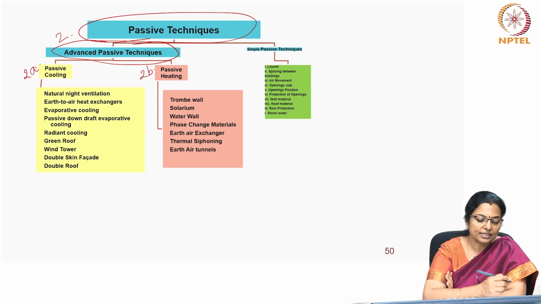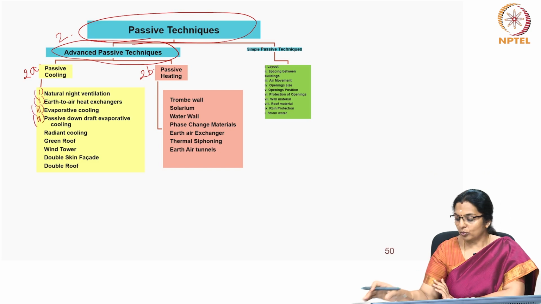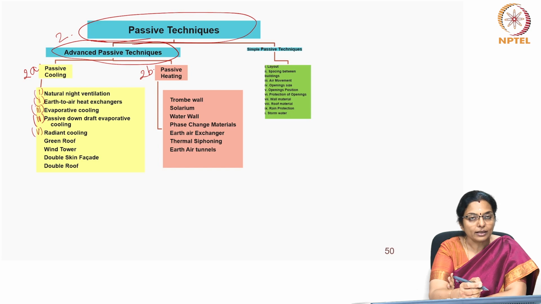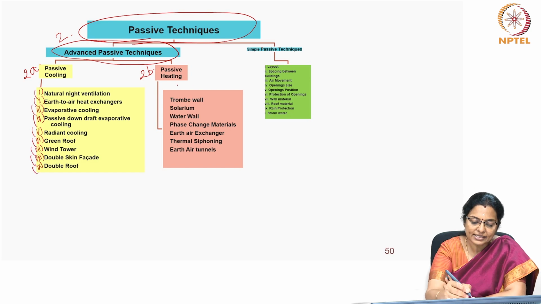Passive cooling comprises natural night ventilation, earth to air heat exchangers, evaporative cooling, passive downdraught evaporative cooling, radiant cooling, green roof, wind tower, double skin facade and a double roof. Under passive heating, we have Trombe wall,